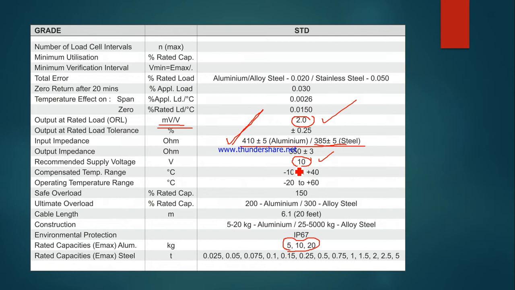So if you select 10 volt and the device is chosen for 20 kg, then when the load cell is loaded with 20 kg, it will give 10 millivolt, since it is 1 millivolt per volt. For 10 volt it will give 10 millivolt. These are the basic things we are going to use for quick configuration.